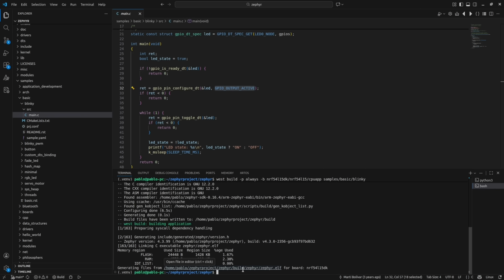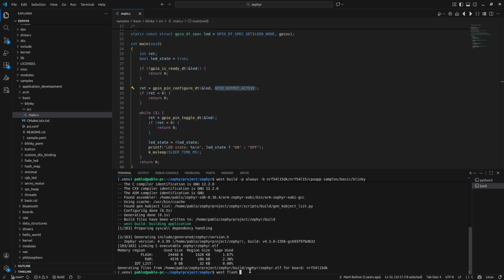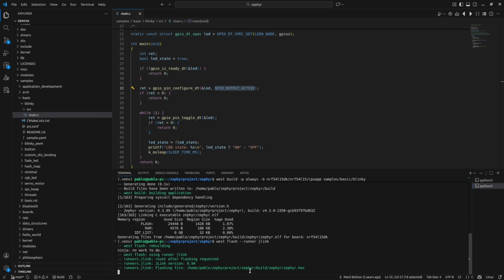And now let's flash our board. In my case, my board has J-Link debug integrated, and I can use this approach. Now I have an LED blinking here, and let me turn on my camera.